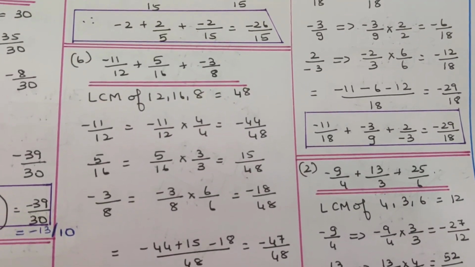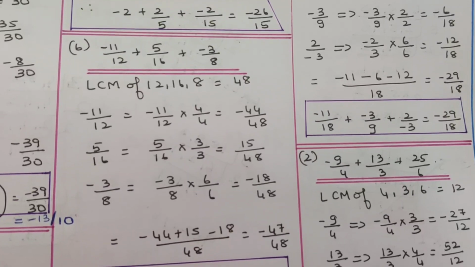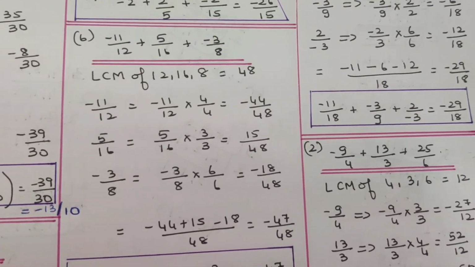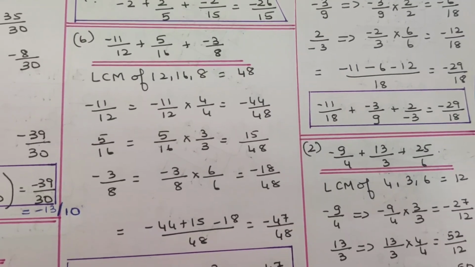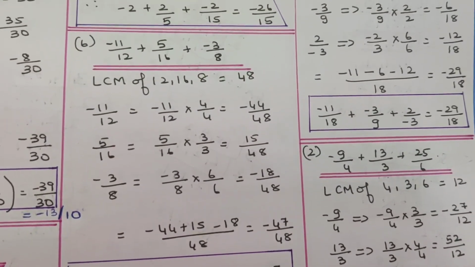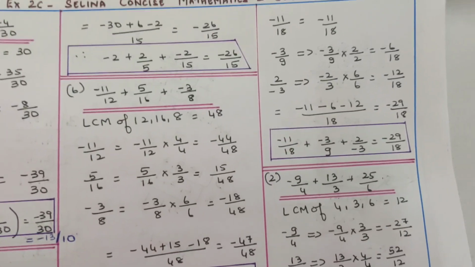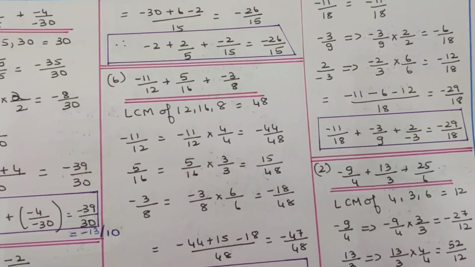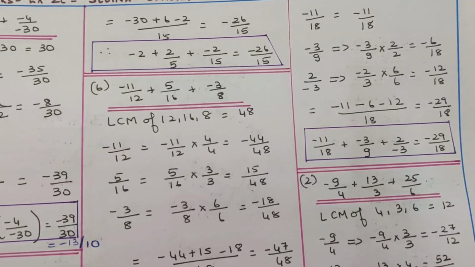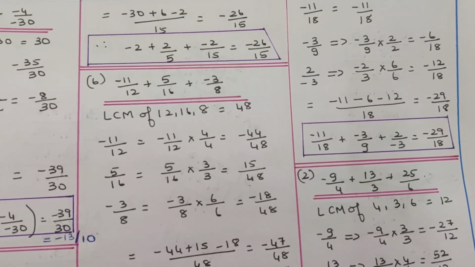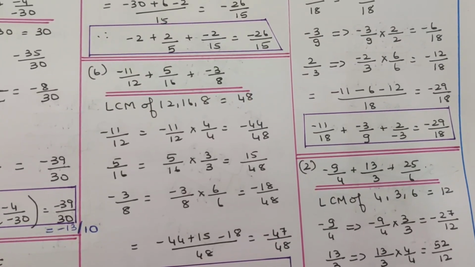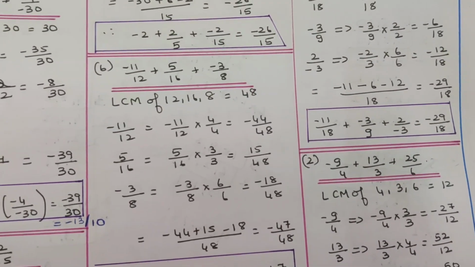And when you solve the expression, the answer is minus 29 by 18. You can convert to a mixed fraction if you want to. So therefore, the answer is minus 29 by 18 after simplification. Just pausing for a few seconds for you to understand my calculation. Very easy, students. All that is needed is to remember the concept and solve all the problems, and you will become thorough.